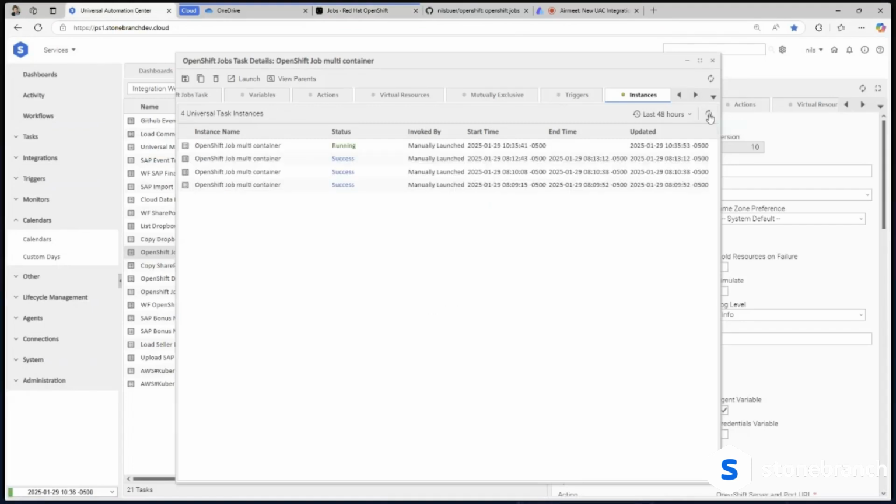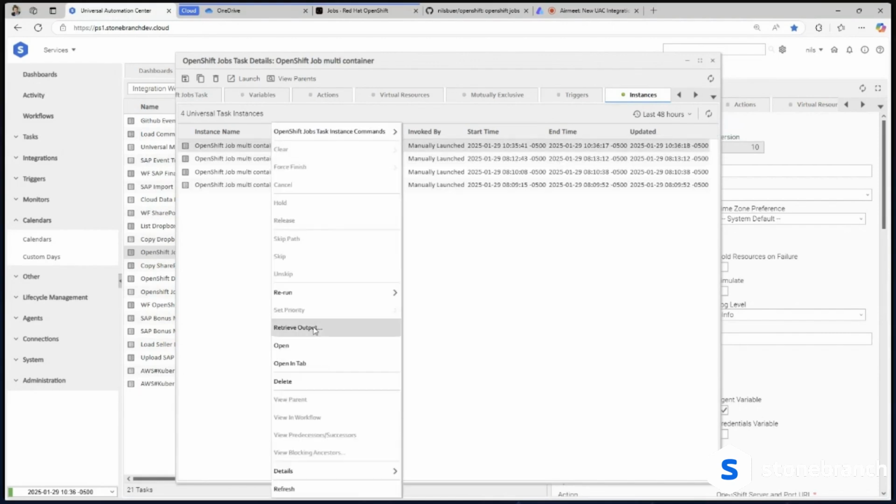it always takes a bit longer because it fetches all the log files, and this sometimes takes a bit longer because it needs to connect to the container and so on. So let's wait a bit. It will for sure come. So now it's successful. Now if you go to the output,